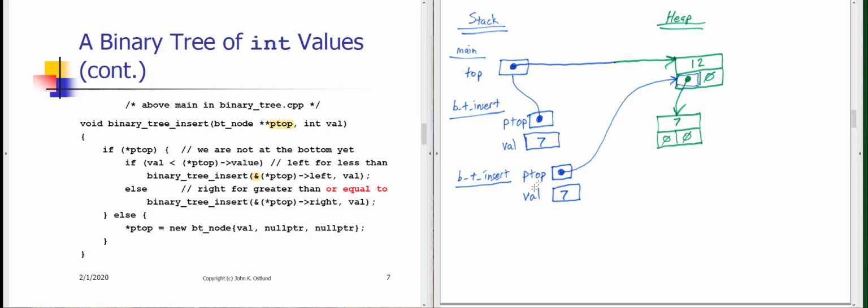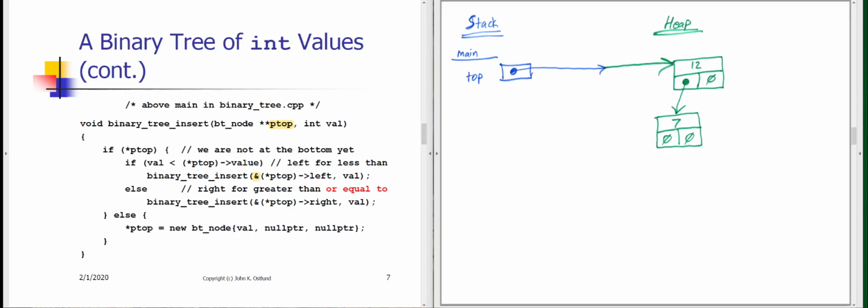The recursive call of BT insert now returns, and the outer binary tree insert, the first level binary tree insert call, also returns. And so we find ourselves back in main with top pointing at the node containing 12, which in turn on the left side points at the node containing 7. And as we continue this,